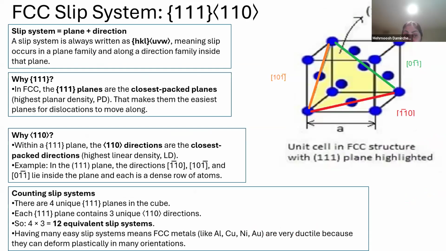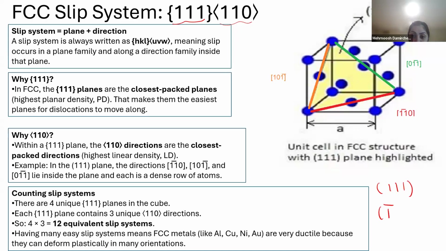Okay. In this slide, we want to talk about FCC slip systems. This bracket means the family of 111 planes, and the family of directions of 110, if you remember. We have 4 unique 111 planes in the cube, one of them you see here, 111, but we have a family of that. I talk about that meaning rotate that, the sign different or something. One of them is -11, another, for example, so I write for you.